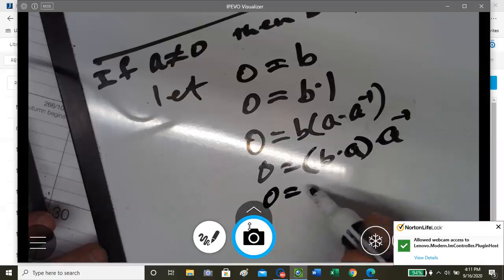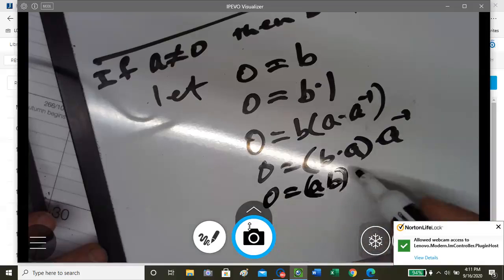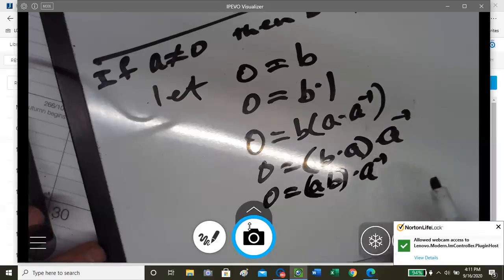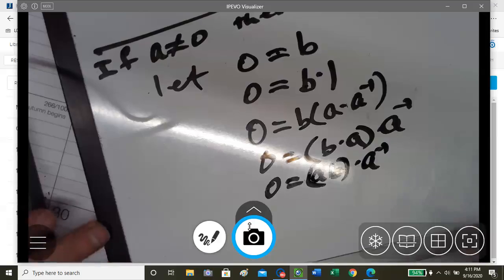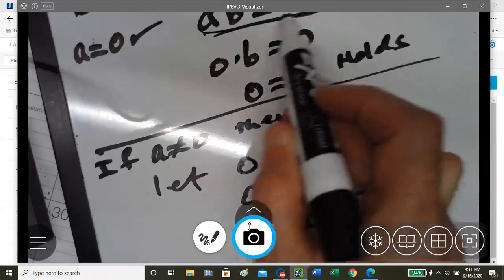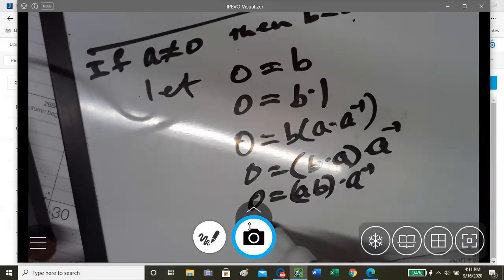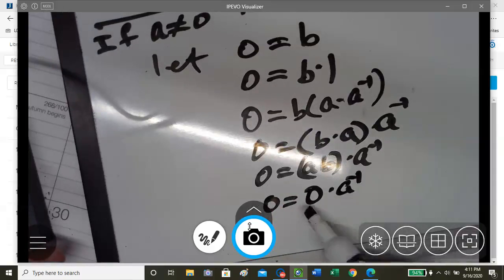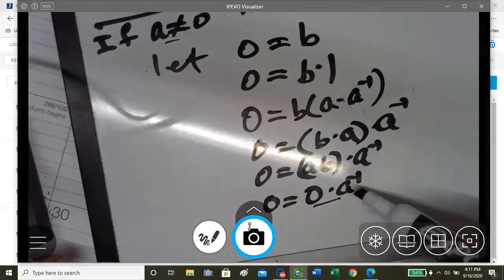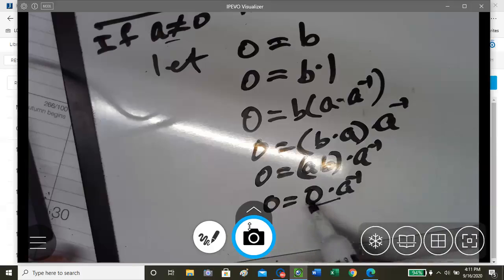we apply the commutative property, ab times the reciprocal of a. Well, we said that ab equals 0. So a times b is 0. So we multiply the reciprocal to that, and 0 times the reciprocal of a. Since a does not equal 0, then it can be some other number. Well, 0 times that is still 0, so